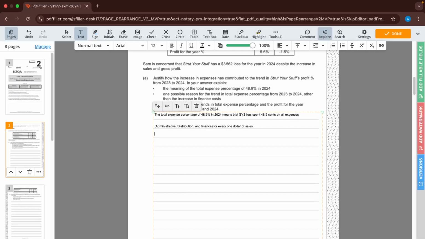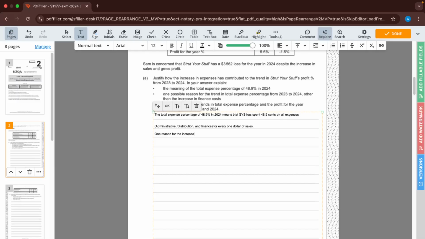There are a few other options you could do here. You could talk about gas prices increasing and a few other things. But just for this, we're going to go with the increase in insurance premiums. What we want to do is start off by writing out all the data that they've given us. So we'd start off by saying, one reason